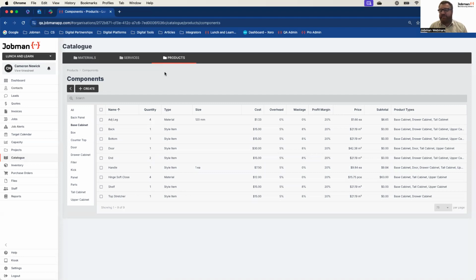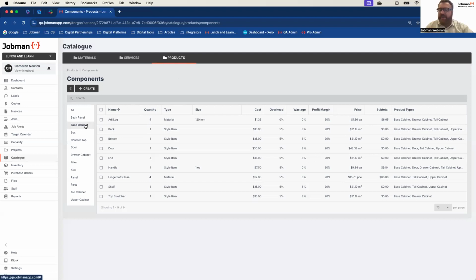The beauty of producing that product for your company now is when you add that to a quote, you can stretch it, which means you'll increase the price. You can change the material. So it might be a base, or it might be a deluxe material or a premium material. And as that price goes up, based on the width, height, and depth of that product, it will increase the price. So by producing that one product, you've now been able to use that and scale that in your quoting a millionfold. And that's the benefit. So they do not have to be complicated. They can be quite straightforward, but very useful.